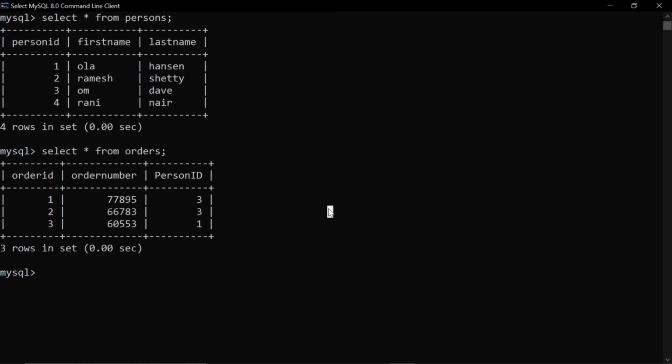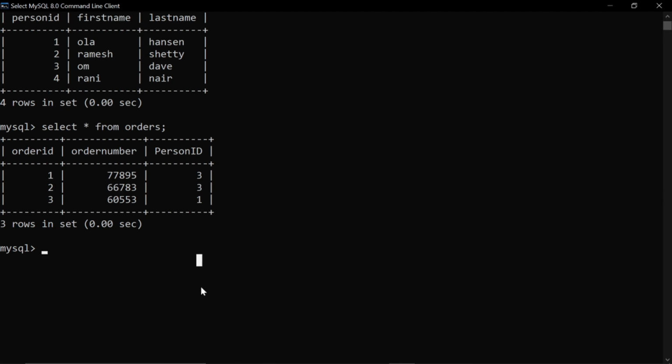So we have to write the query as the tables are different, but if we want the details in one query at the same time, then this foreign key is used. So here you can see that the data is given, and here if we say that the person ID and the person ID in the order table should be same, so here we will get the entry that for person ID 1 Ola and its order number, and for person ID 3, so here the person ID 3 is Om and their order number is this two. So we'll get the data in such a way.